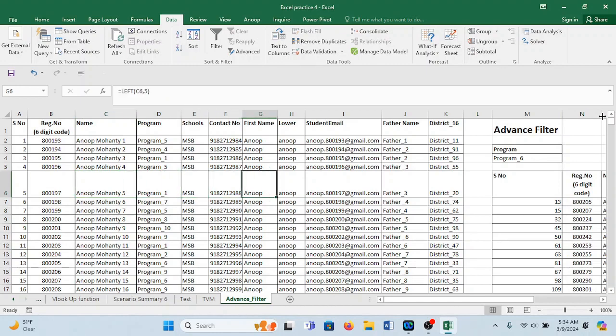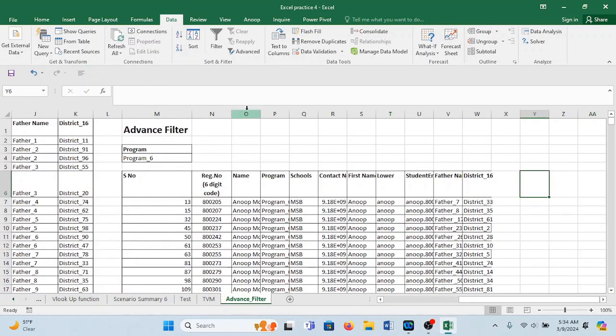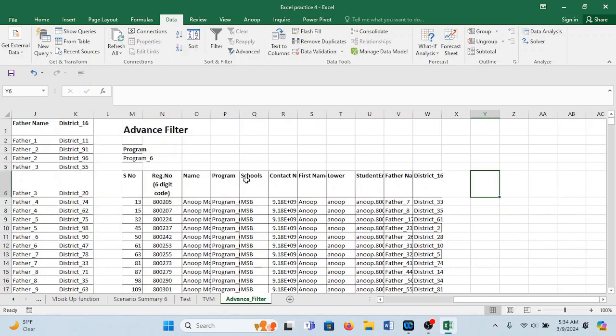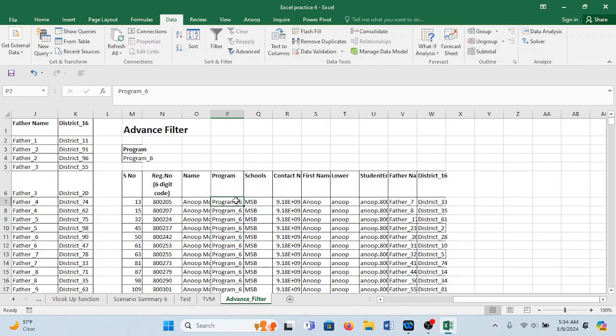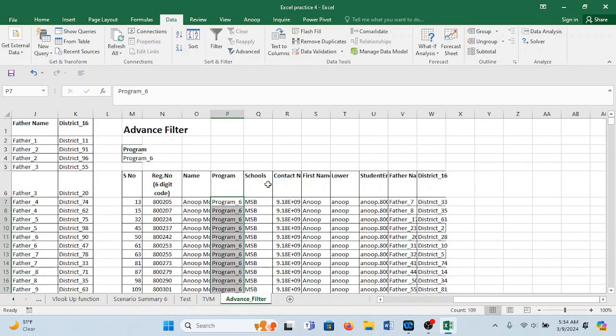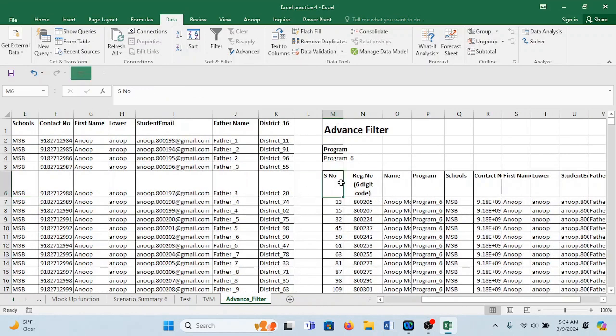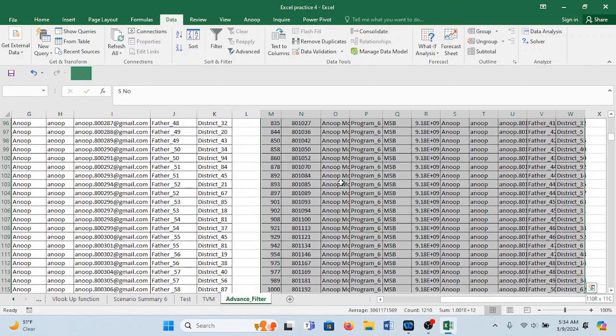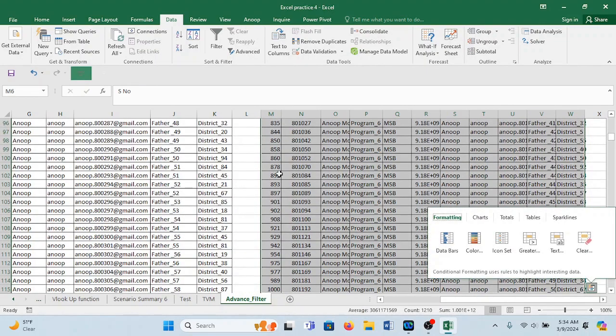Let's see what this output is. We are searching for program 6. Where is your program? Here we have something called program. Now, can you see this? How many students do you have under program 6? It is 109 students. Okay. So only students with program 6 have been filtered out. Is it clear? Now, you see, this is only possible when you're using the same labels. I'm just deleting it